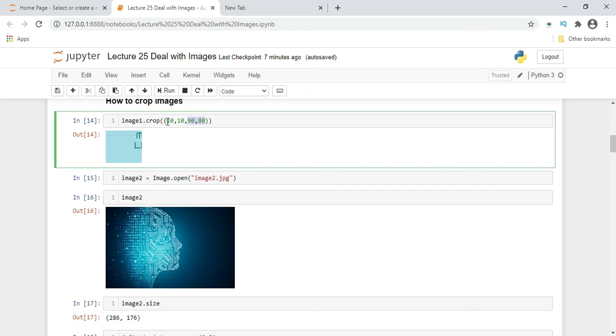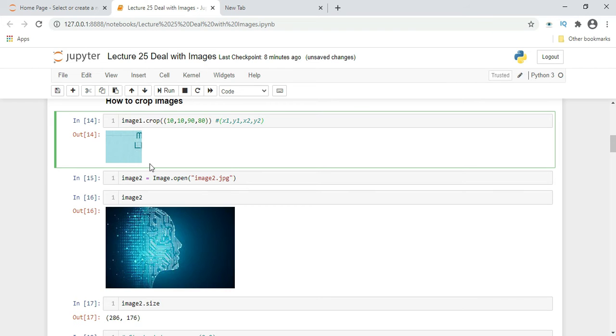So we can say it is x1, y1, x2, y2. This would be the coordinate from where our image will start cropping, and it will go till the coordinate where it will end. After executing this command, here is our image which is cropped.